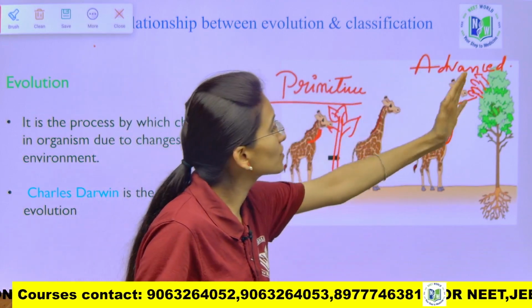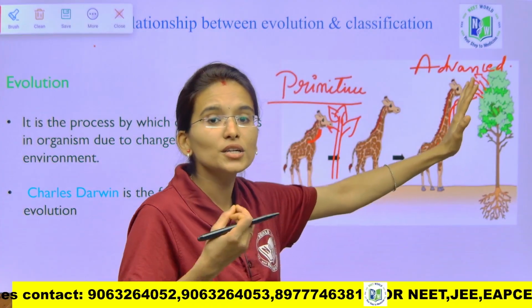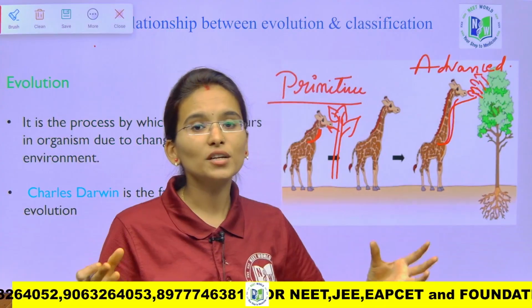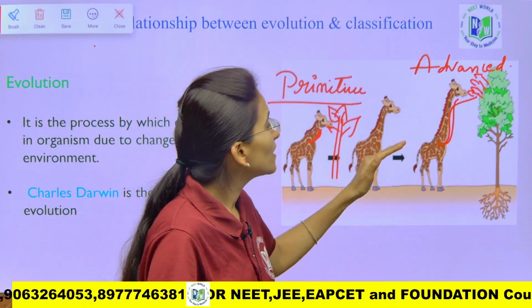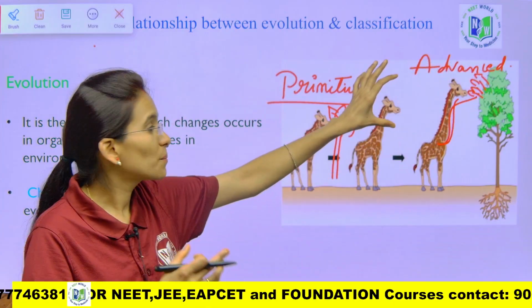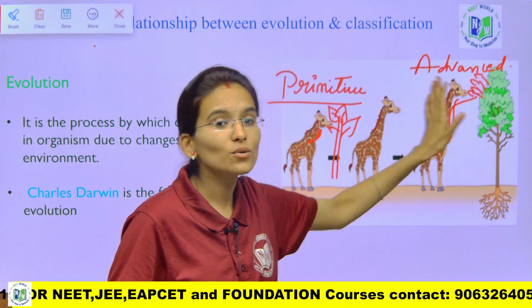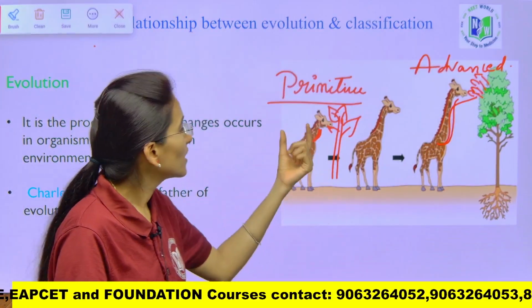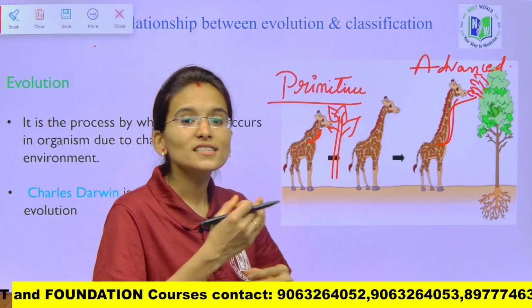But when we look at the advanced type, the giraffe's neck is very tall, and it can extend its neck to capture all the leaves and branches present over this particular tree. In the primitive type, the neck is very short, but during the successive generations,